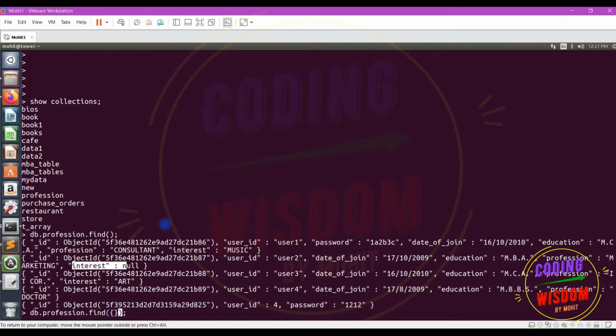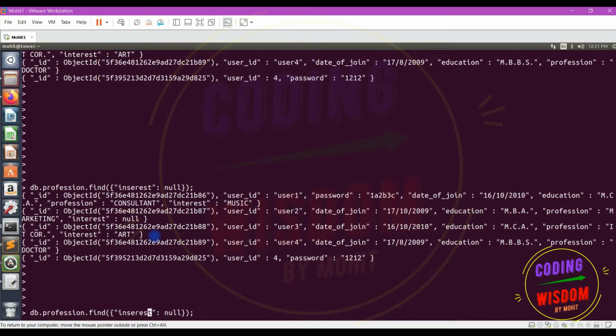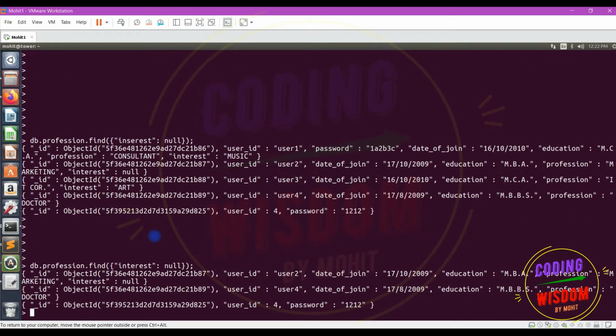a new document, interest. Okay, yes, correcting the mistake. So I'm getting the documents in which the interest field is either null or doesn't exist. Okay, so this is the first way to check the null field or if the field doesn't exist. So second way